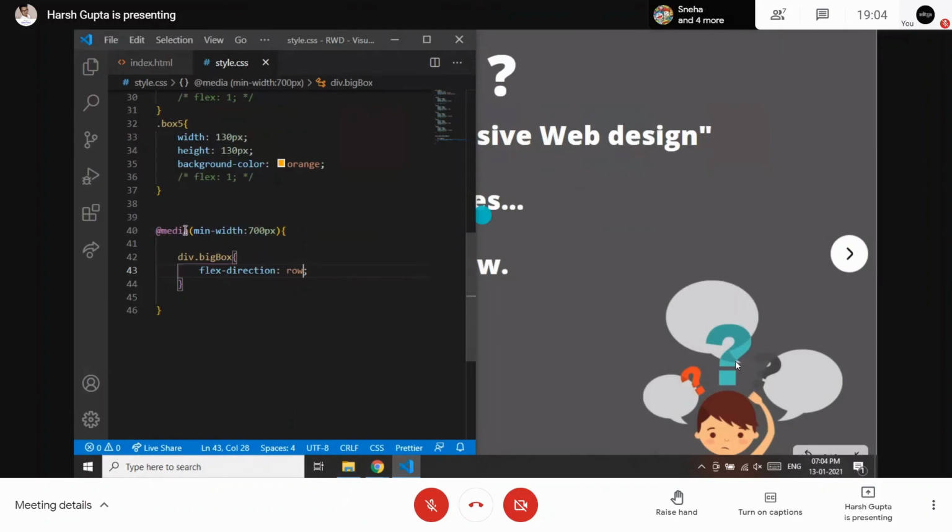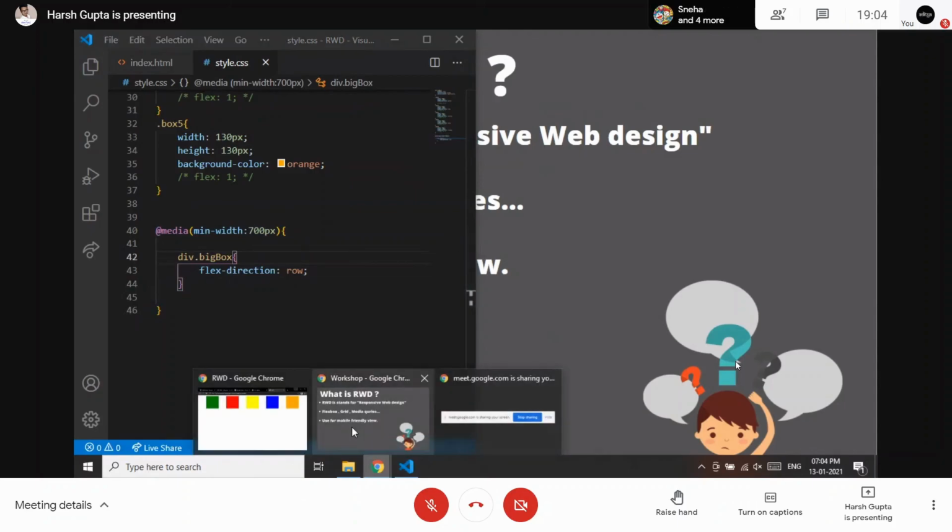What I applied here in the media query: the minimum width should be 700 pixel, the minimum height should be 700 pixel, and if it is above this 700 pixel, don't apply this. If the window has a width of 700 pixel or lesser, then do this. If the window is greater than 700 pixel, then don't run this.